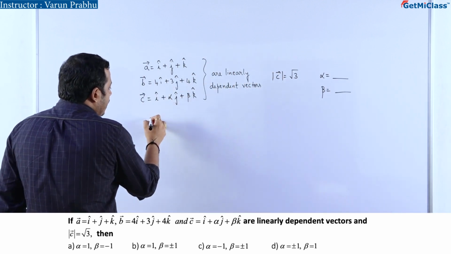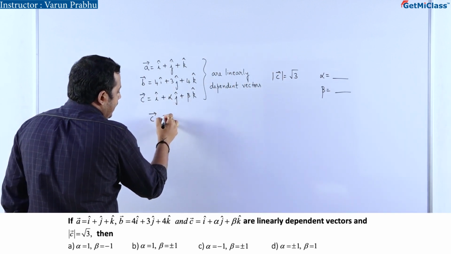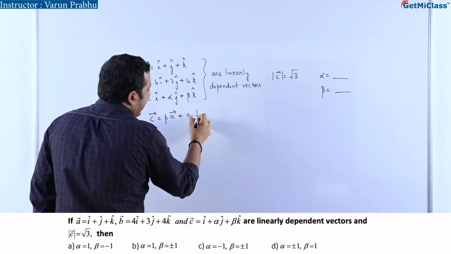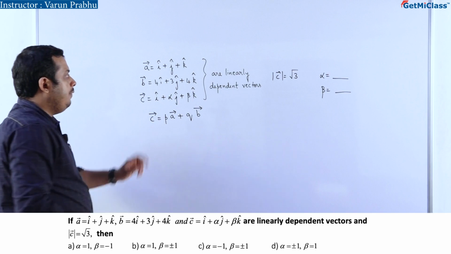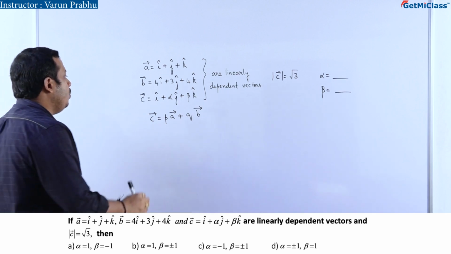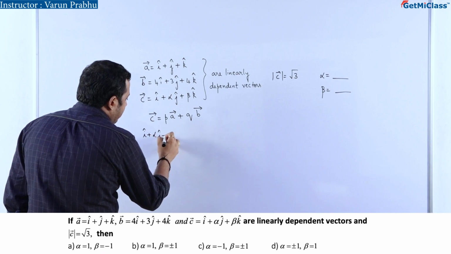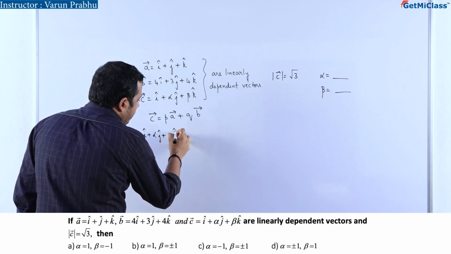Now, if the three vectors are to be linearly dependent, then I can say vector C is equal to P vector A plus Q vector B. I can write like this, right? Vector C is equal to P vector A plus Q vector B. So I can say i cap plus alpha times j cap plus beta times k cap, that is equal to,